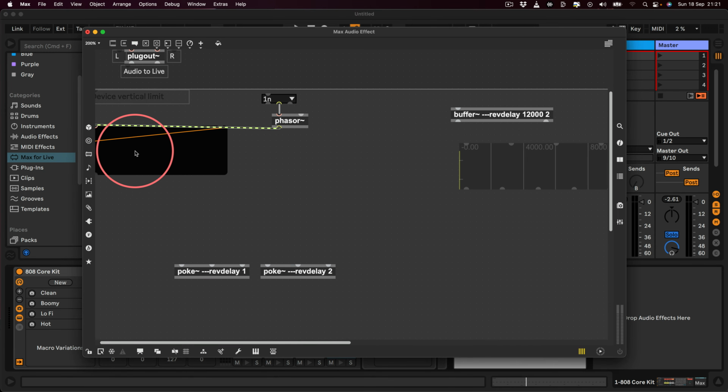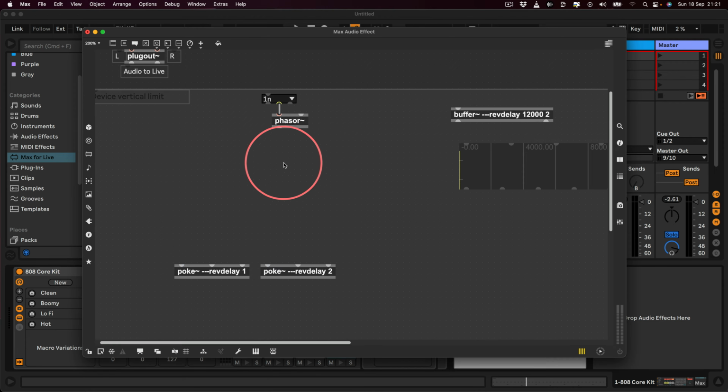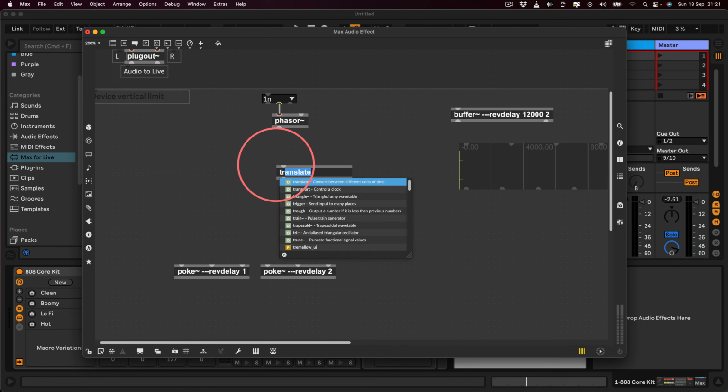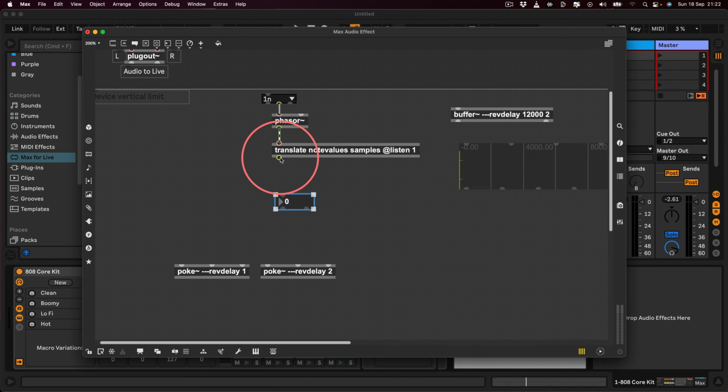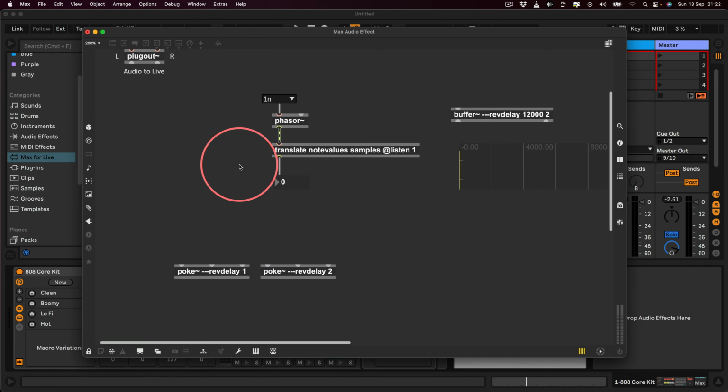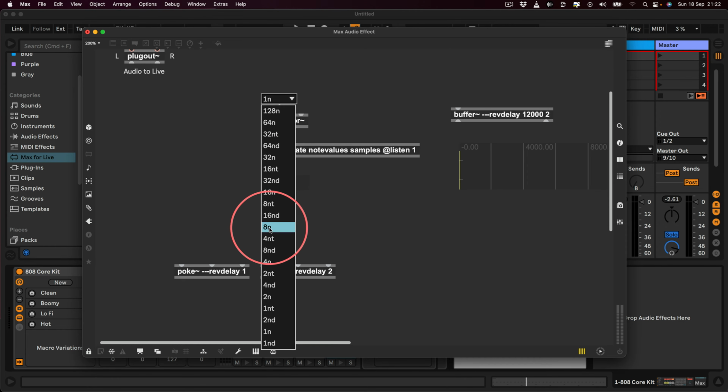Well, we can use the translate object. We can say translate note values to samples. And I believe that's really all we need to do. No, we need at listen 1 because these are tempo things. Right, so let's have a look at what number this spits out. So if I connect the phaser to the translate and then connect a number box to the output of the translate and choose a number from my menu here,